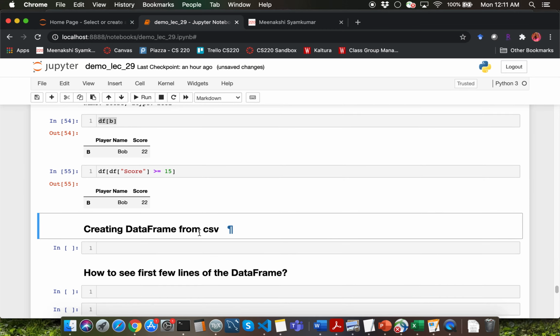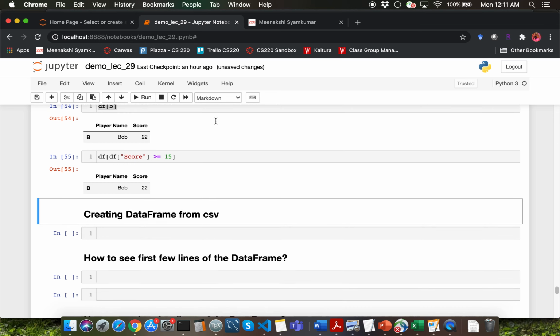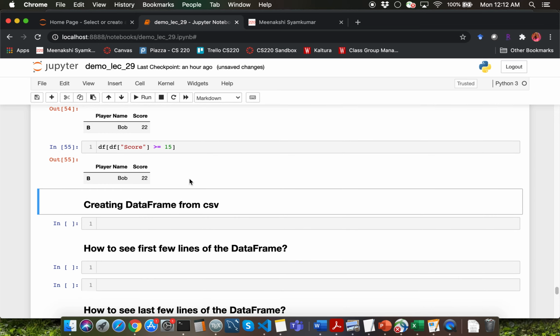Right. The next thing which I want to talk about is how to read CSV data into a data frame. Recall that we downloaded a CSV file called imdbmoviedata.csv at the beginning of the lecture. If you haven't already downloaded that, pause the lecture video here and please go ahead and download that file. It's very easy to read CSV data using pandas.